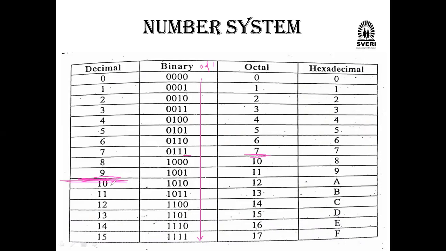After 9 it will start from 1 0 and so on, that is a decimal number only. But octal means 0 to 7 only. First 8 numbers only we have to consider. 0 1 2 3 4 5 6 7, these all are 8 numbers. That is called octal numbers. After 7, next what we have to consider, 10 11 12 13 and so on, like this.